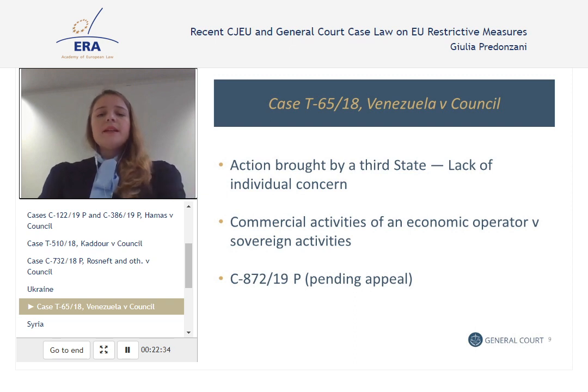Very interesting case, judgment rendered on the 20th September 2019, Venezuela versus Council. It is a case brought by a third state, a third country, against a decision of the Council. And in this case, though we will still see what the court will say about it because an appeal is pending, the General Court found that the prohibitions which were at stake because of the contested acts were, of course,